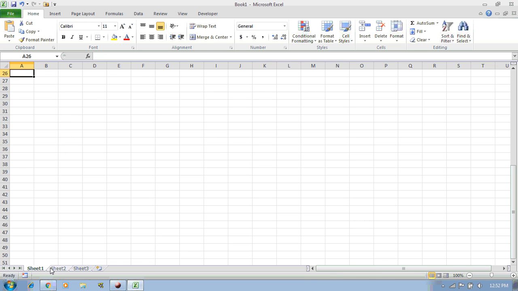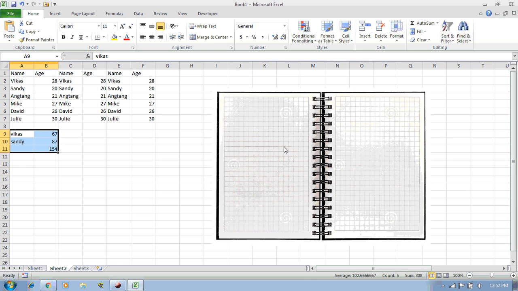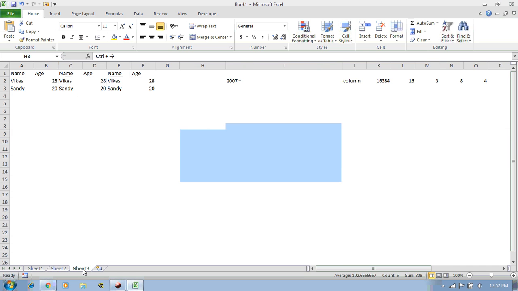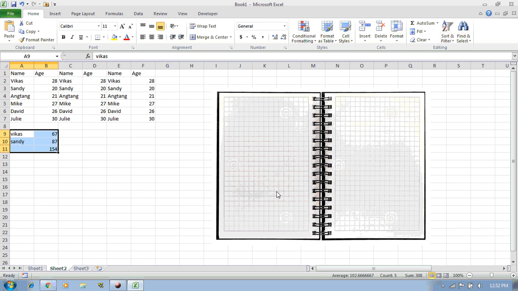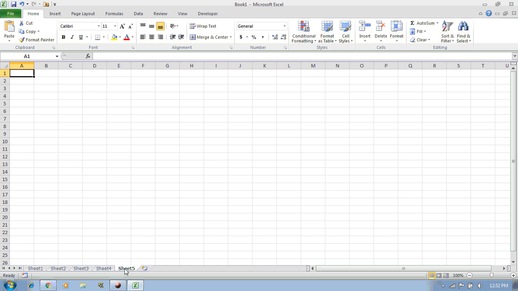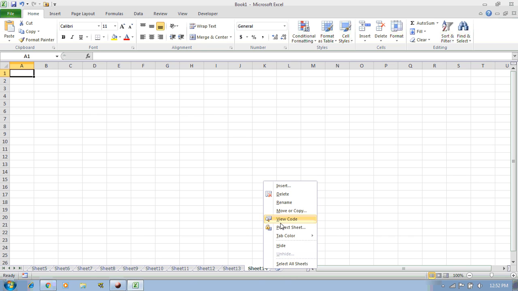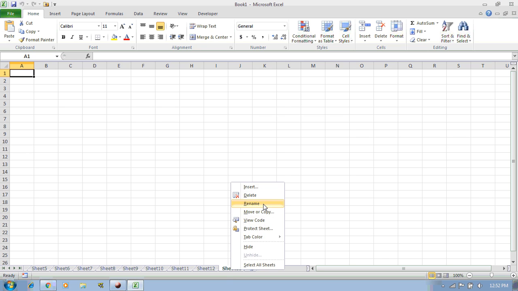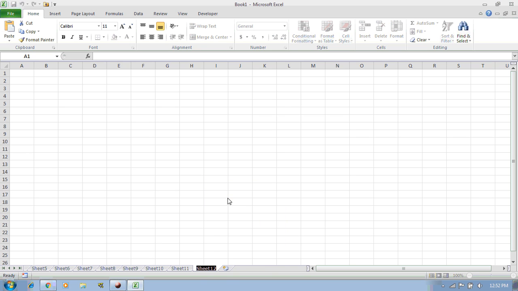Sheet 1 is something like the first page of the notebook, sheet 2 is the second page, and sheet 3 is the third page, and we can keep adding these sheets as we want. There is no limit to adding sheets in Excel, but it depends on the system resources.